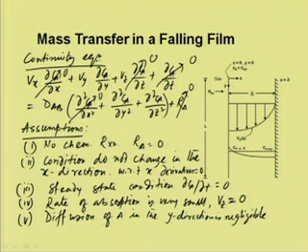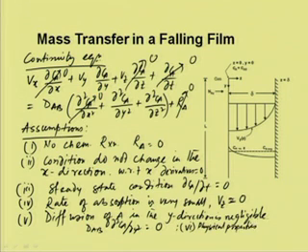So, in these conditions DAB del 2 CA del y 2 will be 0. Using this, and all other physical and chemical properties, that is DAB, rho and mu, these are constant. So, using these assumptions, these equations reduce to the following form: